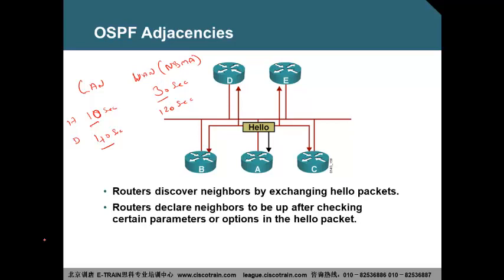So to form a neighbor, some parameters should match. Say for example, you are going to a new country. I am going to a new country with my family. What parameter will I see in order to form a neighbor? First, I will see whether that family has got a decent outlook. That's the first thing I'll see. Are they looking decent? First thing I'll see. Second thing, what I'll